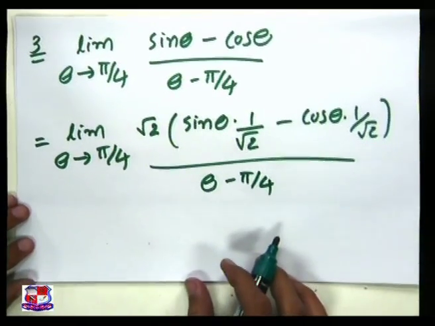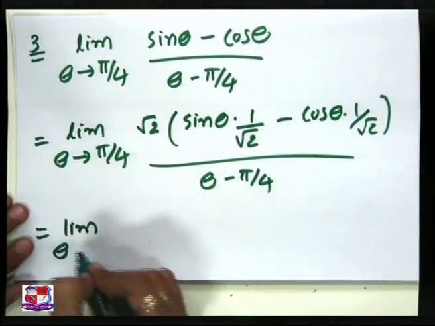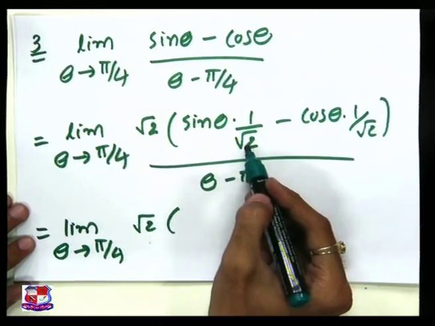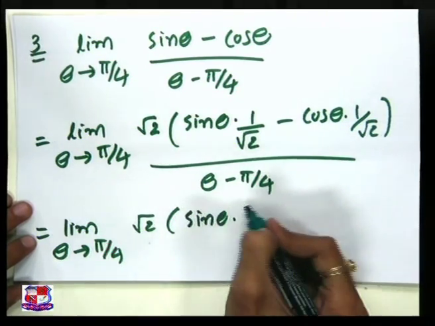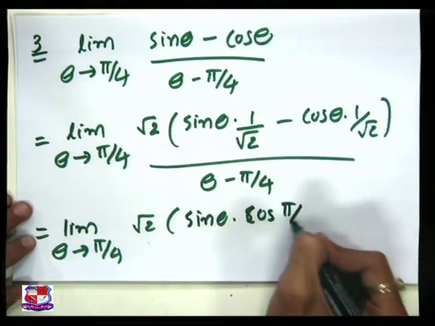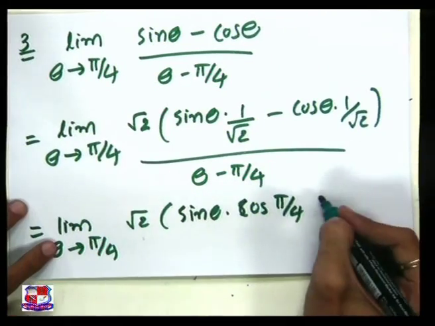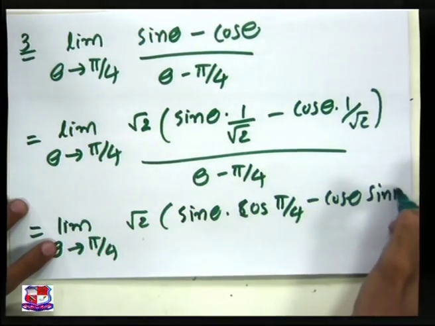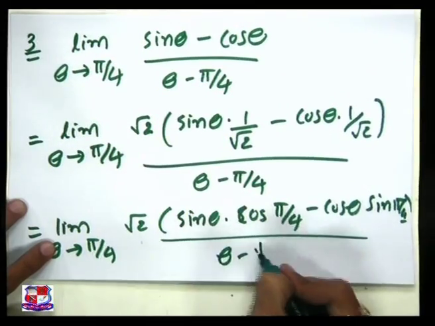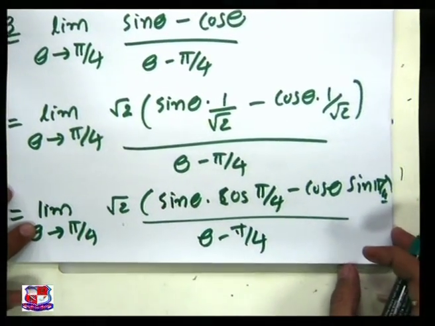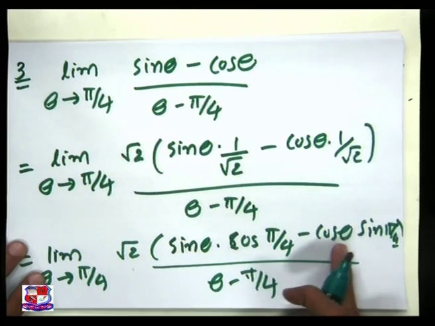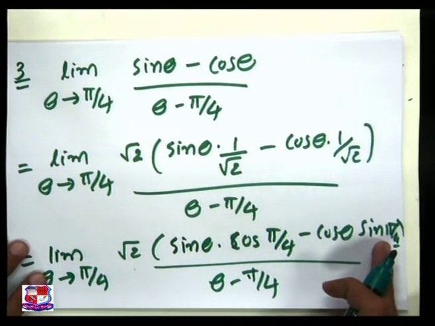So here this one is equal to limit theta tends to pi by 4, root 2 times sine theta into cos pi by 4, because cos pi by 4 is 1 upon root 2, minus cos theta into 1 upon root 2, that is sine pi by 4, upon theta minus pi by 4. Right. This one is sine alpha into cos beta minus cos alpha into sine beta, that is the formula of sine alpha minus beta. So using that formula we can write here